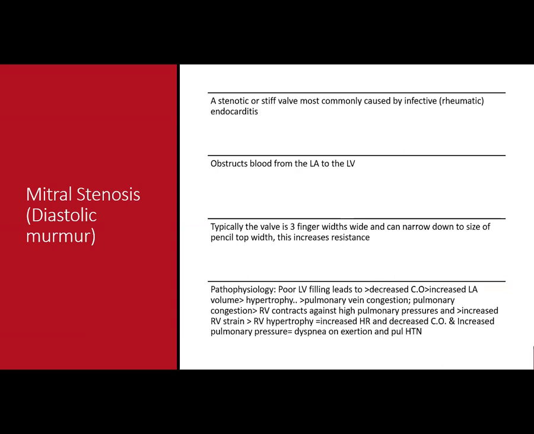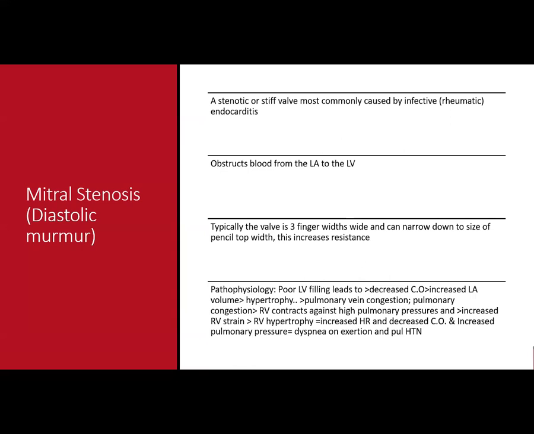So for your stenosis, this is a stenotic or stiff valve, most commonly caused by rheumatic endocarditis, infective or rheumatic. It obstructs blood from the left atrium to the left ventricle. So now we're going from the atrium to the ventricle. Instead of having that pushback, it's closing and getting smaller. You'll hear a diastolic murmur with this one. Typically, the valve is 3-finger widths wide and can narrow down to the size of a pencil top width,